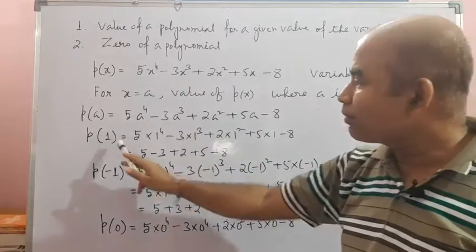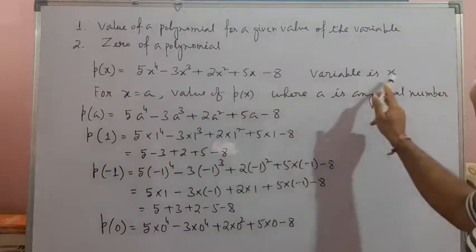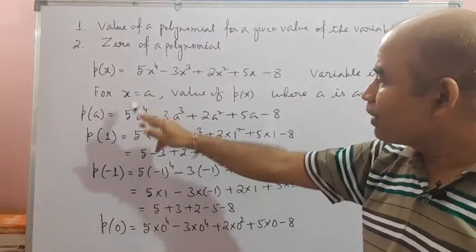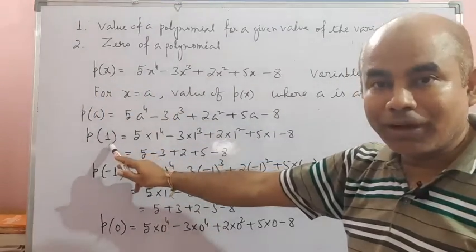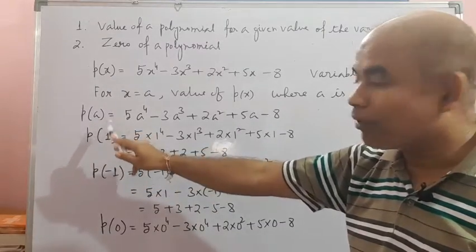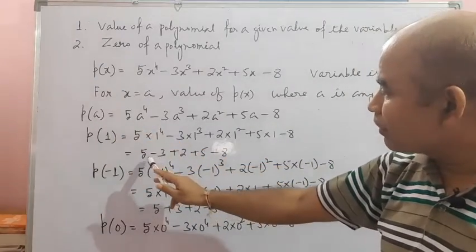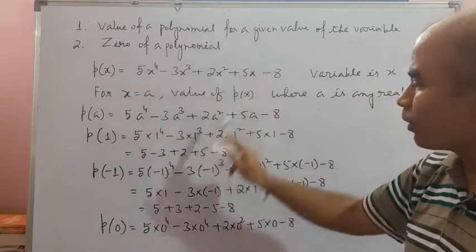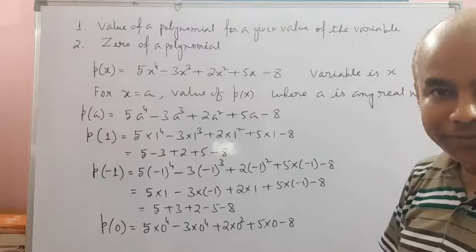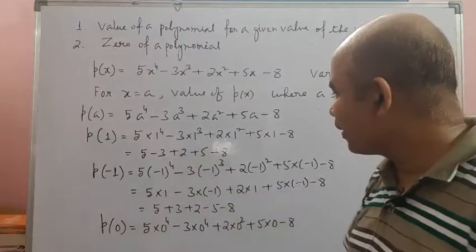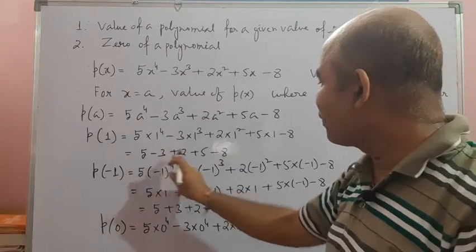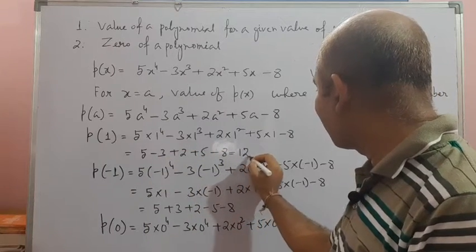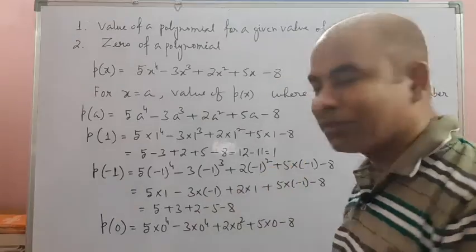Okay, so in place of the variable, here our variable is x, it may be some other variable also, we will discuss some example. So in place of the variable, when you write 1, or if you find a polynomial for the variable equal to 1, then the simple thing is that you just write the numerical coefficients of the terms of the polynomial and that will be your answer. If I do the calculation, all of you I think know how to find out the answer. 5 plus 2 plus 5 is 12 and minus 3 and minus 8 is minus 11. So 12 minus 11. So this part you can easily do.